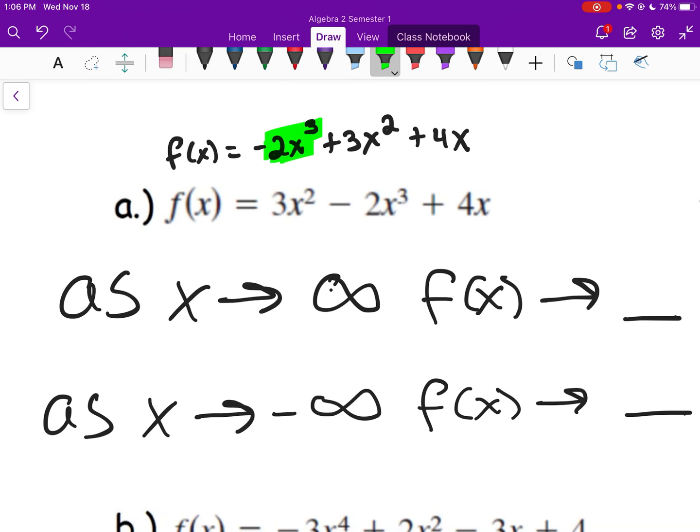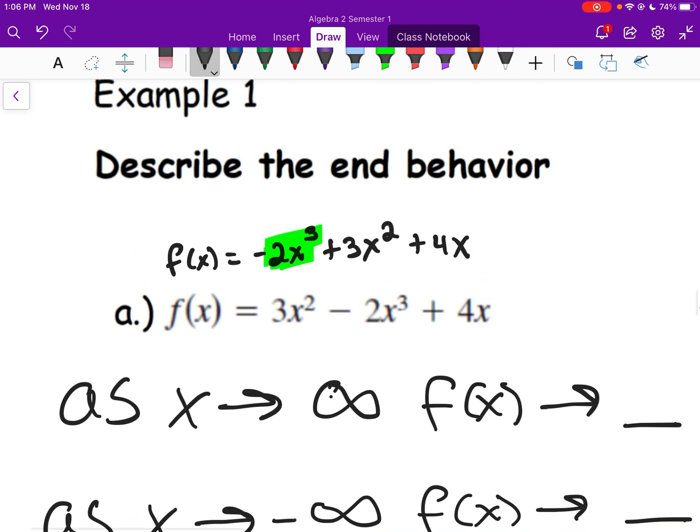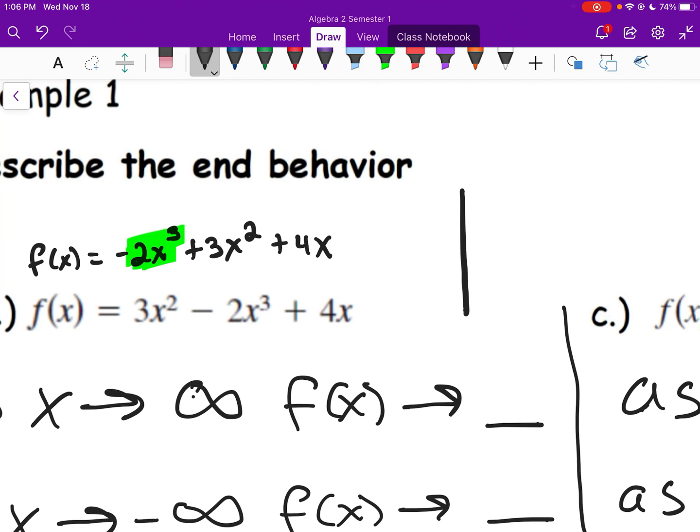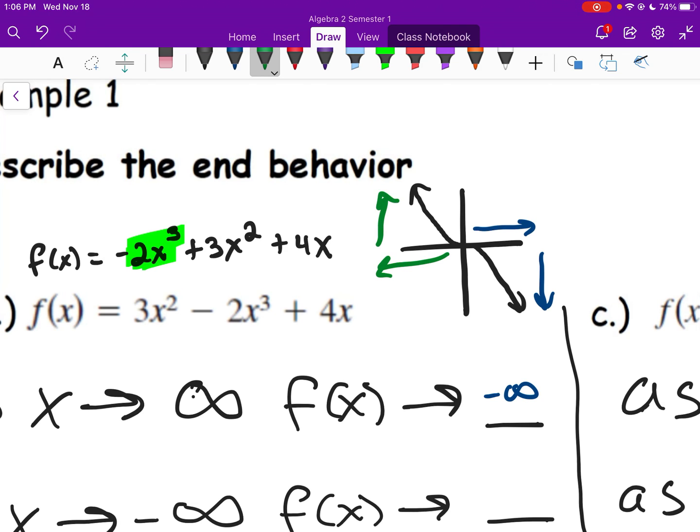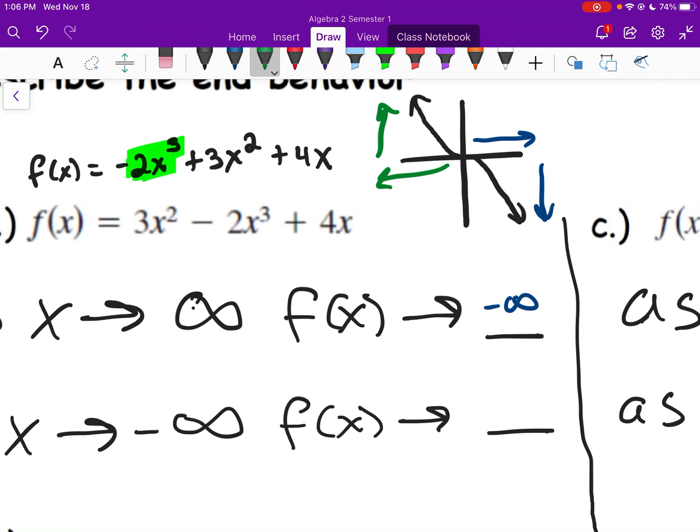We got a negative a value, and it's a cubic function. Again, cubic function, treat it like it's linear. Since it's a negative coefficient, it's like we have a negative slope line, but now we just have that inflection point. But the end behavior is what I'm concentrating on here. So as x approaches positive infinity, f of x is approaching negative infinity. As x approaches negative infinity, f of x is approaching positive infinity. So again, the only thing that you need to concentrate on is that leading term